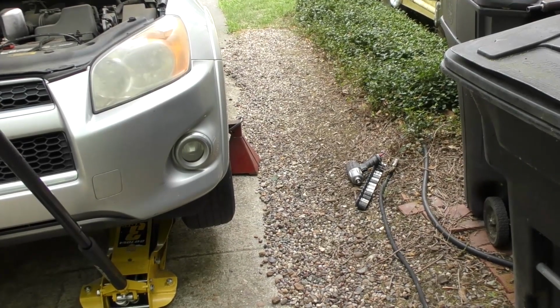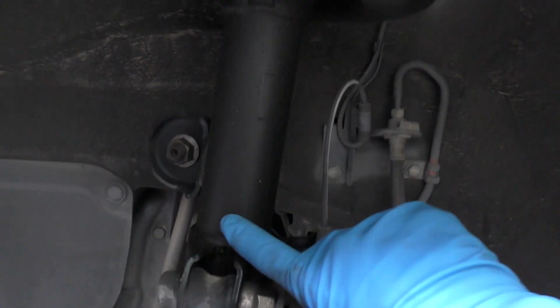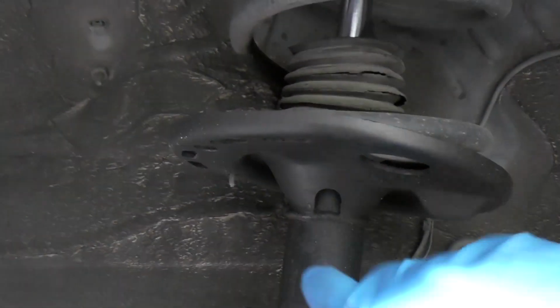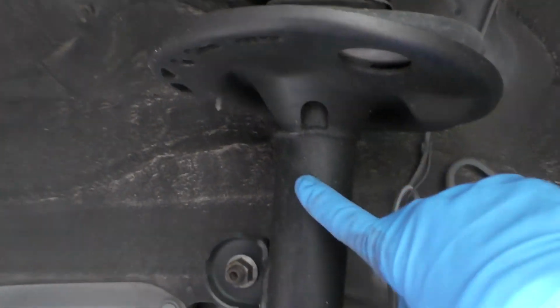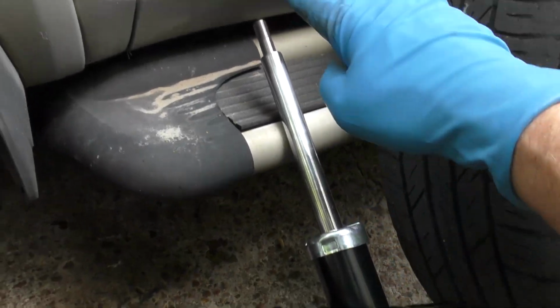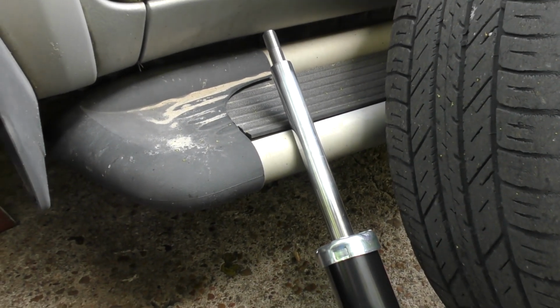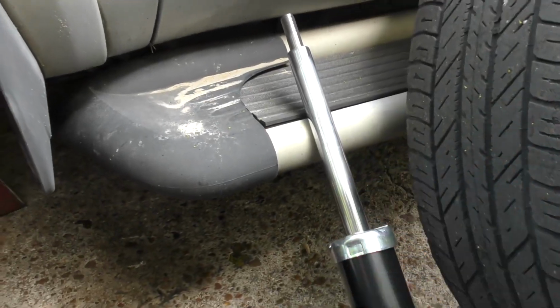So we'll take off the tire. Get out of the way. And as you can see here, it's all leaking. We have to replace it because it's leaking away. Now here's the replacement strut. As you can see, it doesn't have the spring in the top assembly, so we have to remove the whole strut from the car, take it apart, then put all the pieces on here and bolt it back on the